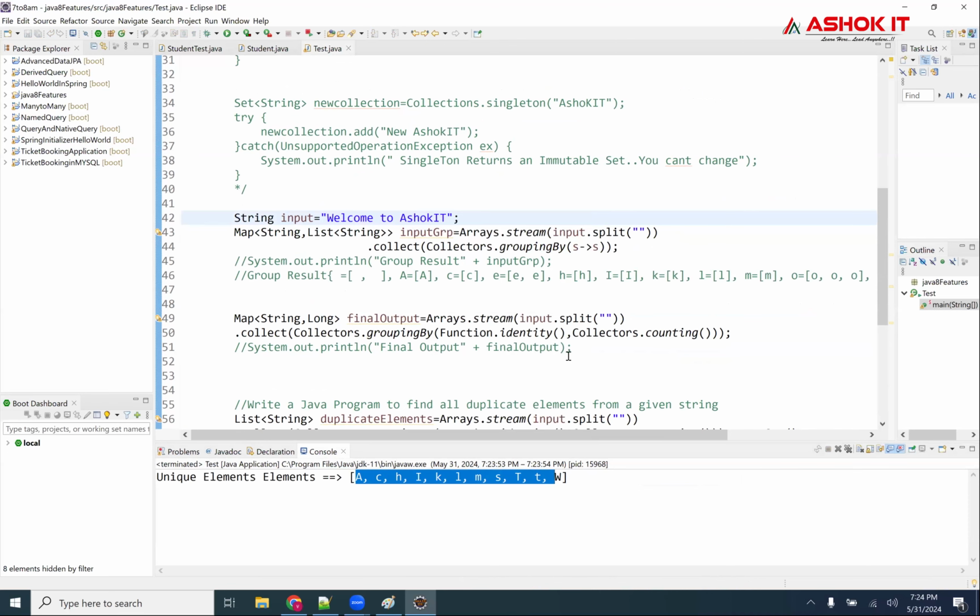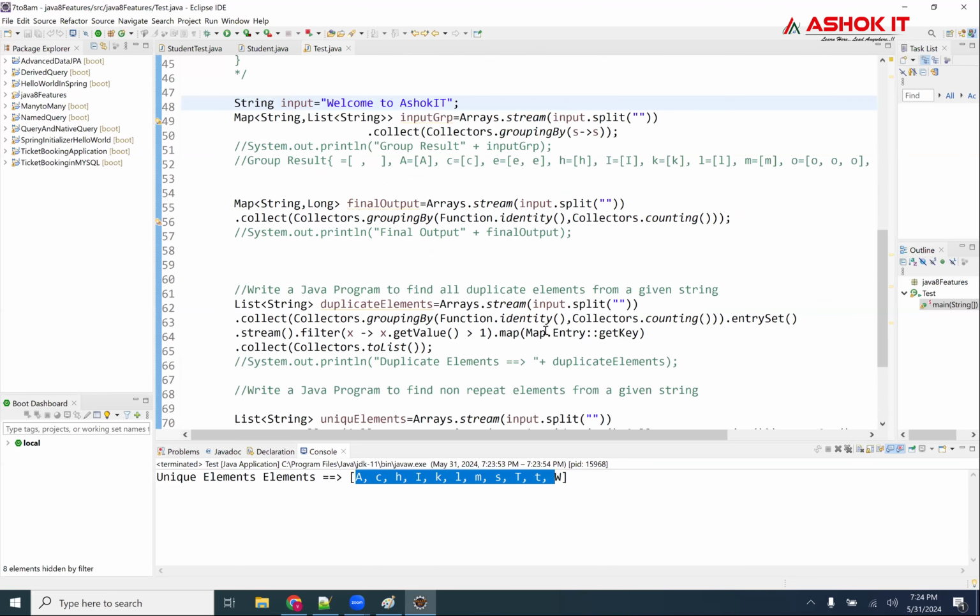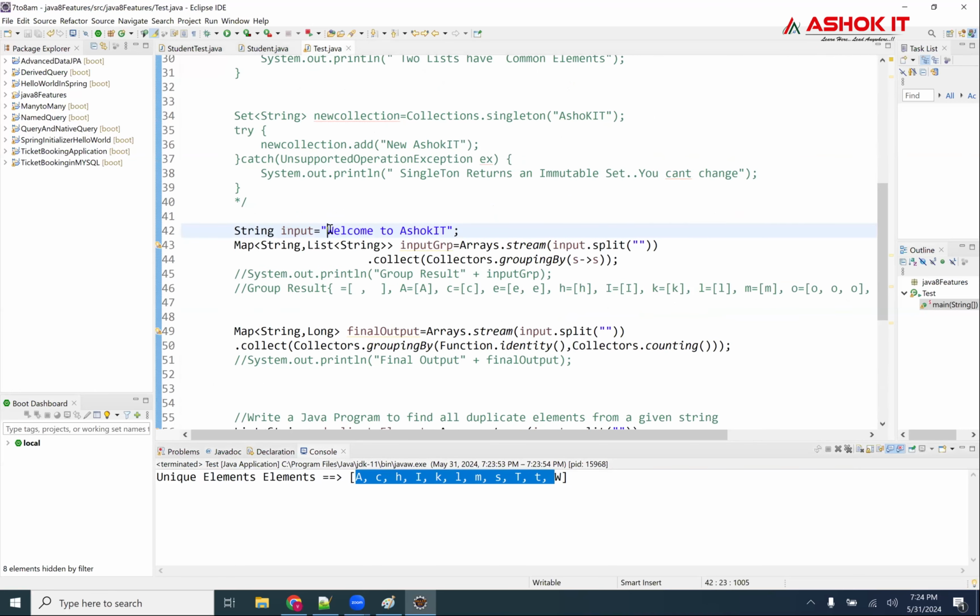Right, guys? Simple logic, right? Now, on top of this, clear, I guess, right? On top of this, okay, first element, first non-repeat element, okay, not all the things. Which element is first non-repeated? W. Is W repeated? No. Is E repeated? No. So what I want here is to find the first non-repeated element.